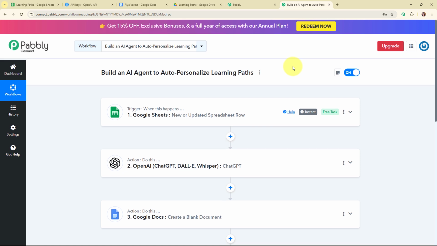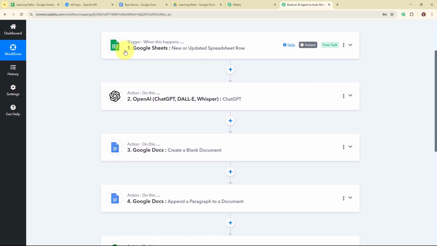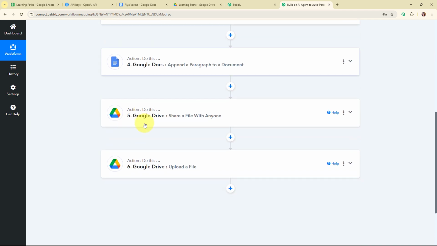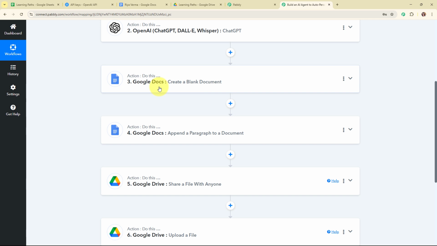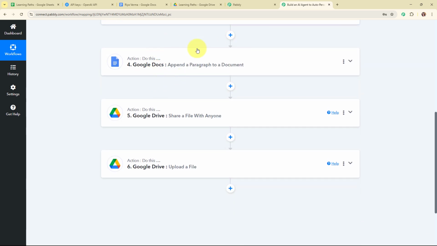Now let me summarize this whole video for you. So here we have selected our trigger as Google Sheets and our actions as OpenAI, Google Docs twice, and Google Drive twice. So that whenever we add a new student detail in our Google Sheets, then automatically using the details, OpenAI is going to generate the personalized learning path, and after generating the learning path, automatically it is going to create a new blank document in our Google Docs account first, and after creating a blank document, automatically the learning path generated by OpenAI is going to be added in that particular document, and after completing the document,